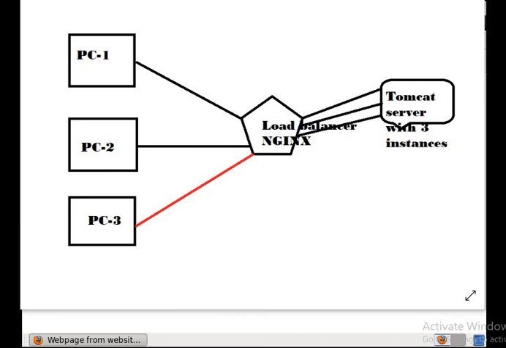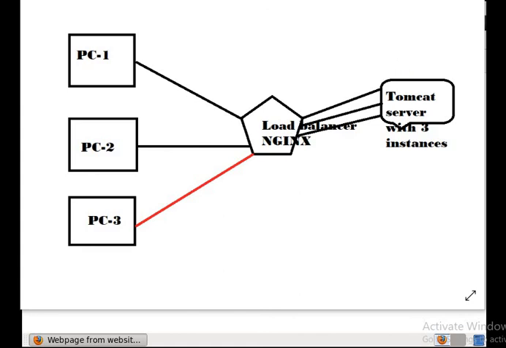So if any one of the ports goes down, the user will not experience any outage. They will be able to access the web page or the website. What the load balancer will do is, in the backend, redirect the traffic to the respective activated port or the activated website without notifying the user that the website has gone down or the port is not working.